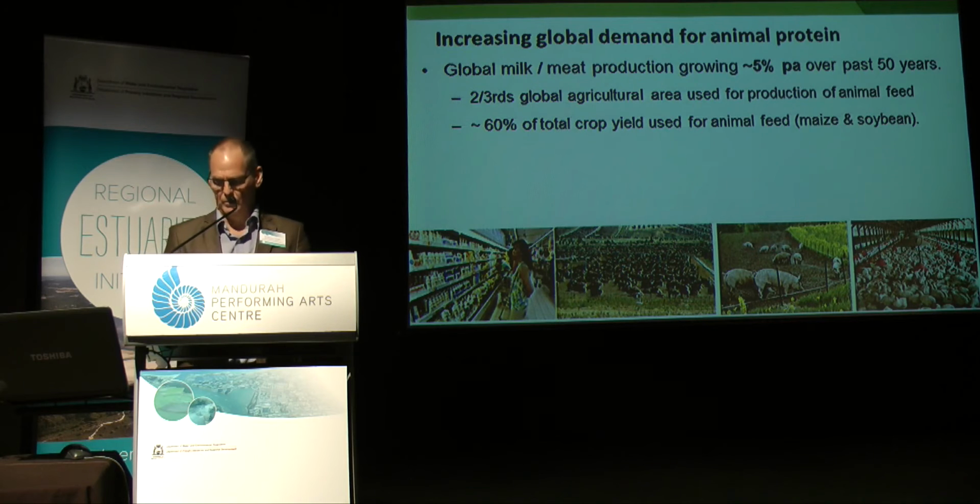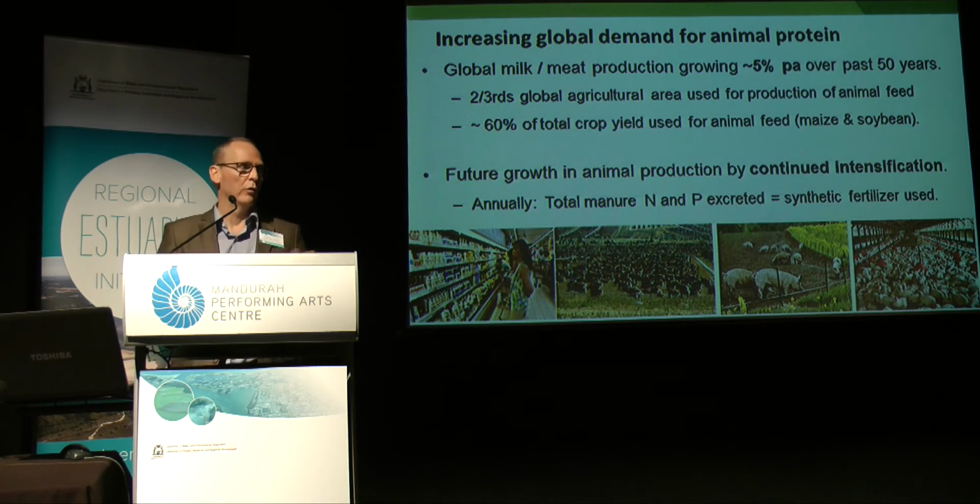And as you've already heard, with a limited amount of land, our agricultural systems are in fact becoming more intensive. It's certainly the case for our animal industries, with a whole host of issues associated with manure production. And so an interesting statistic is that the total amount of nitrogen and phosphorus excreted by these animals per annum is the same as what is manufactured through synthetic fertiliser production each year.